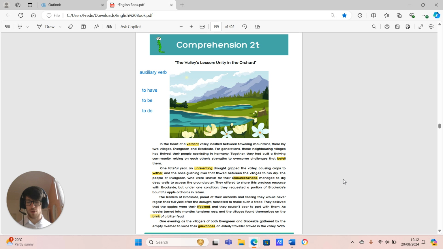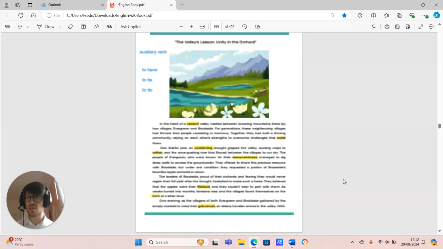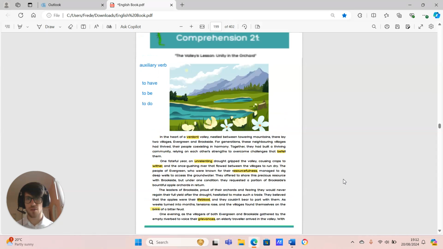Let's go on to Comprehension 21 now. The values lesson, unity in the orchard. Let's read it, let's define some words, let's look at the questions. Unless it's gone blurry. Okay, good. In the heart of a verdant valley. So, when you see V-E-R-D, verd, it often relates to the colour green. Okay, so if something's verdant, it's a very rich green. It's particularly green, right? In the heart of a verdant valley, nestled between towering mountains, there lay two villages, Evergreen